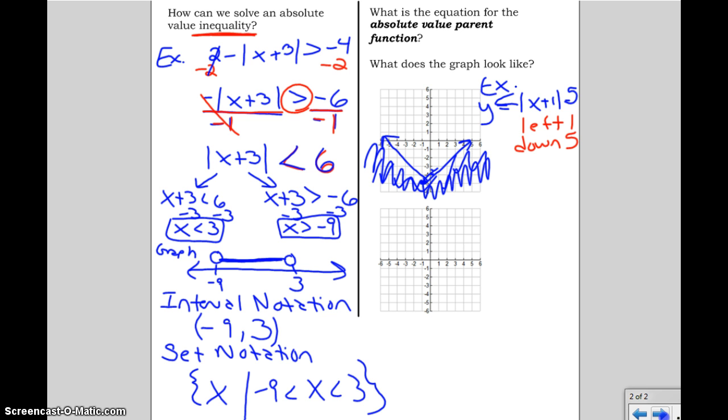And let's see, let's try one more. If I have an example where, let's say I've got 1/2 and then just x. So I'm not moving left or right, but I do have this 1/2 in front of the absolute value, which is called a compression. So that means that I start on 0, 0, but instead of going up 1 and right 1, I'm going up 1 and right 2. And I go up and to the left 2 as well. So it really just makes my graph wider. Okay, and I didn't have any shading on